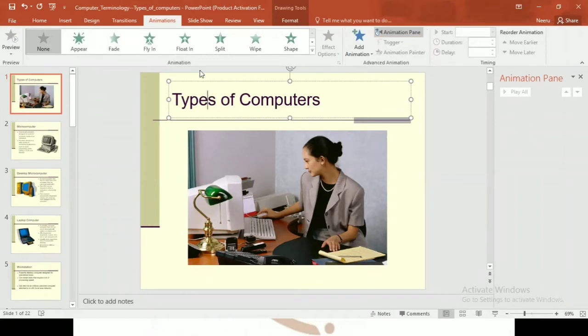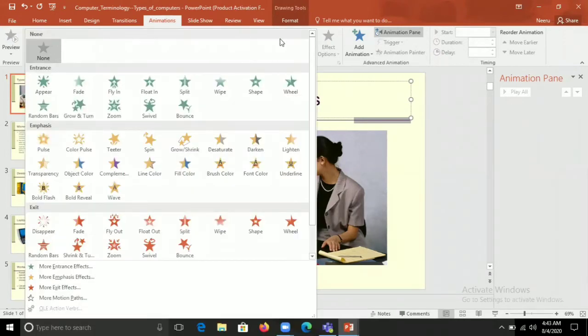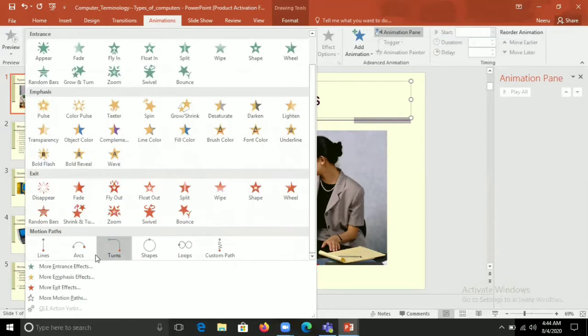The next one, in the animation group, when you click on the arrow, you can see many animations. By default, it is none because we have not provided any animation. You can see here different animations: entrance, emphasis, exit, and the last one is motion path.